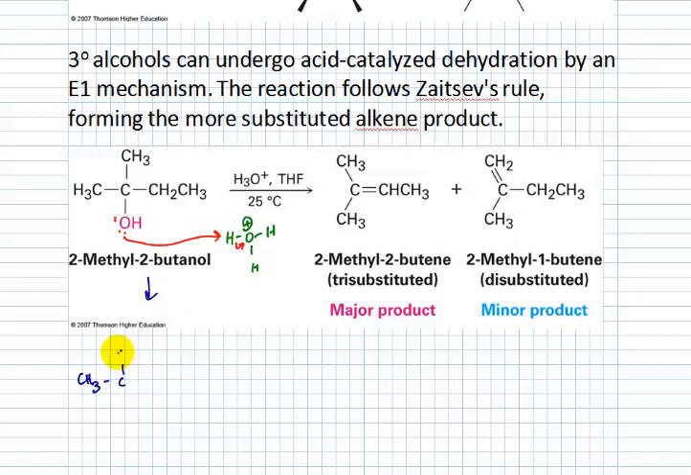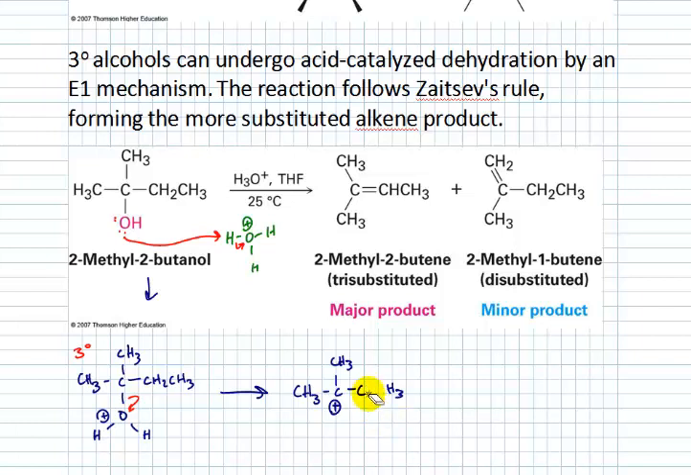CH3, CH3, CH2, CH3, OH, H plus. Okay, so I have a protonated tertiary alcohol. Because it is tertiary, the protonated alcohol can leave, giving us a tertiary carbocation. Okay. And then, instead of something else attacking it, because all we did was just add acid to this,